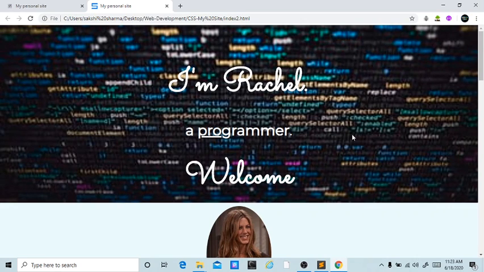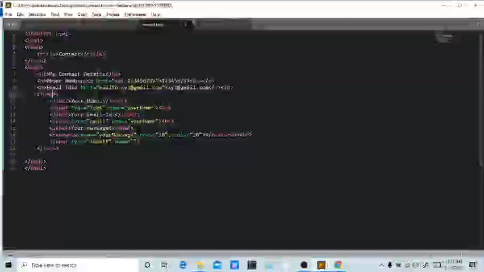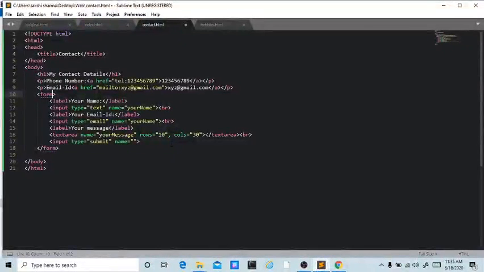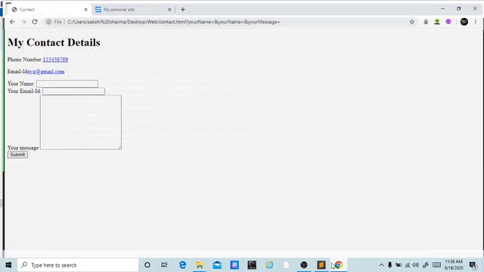Now I forgot to tell you one thing. There is something you have to add in your contact page. I want you to add something in your form tag. Action means to where your form should go, where the message should go. So I want it on some xyz@gmail.com, any random one I'll be writing, and the method would be post. You have to write method post, and let's hit save and refresh.